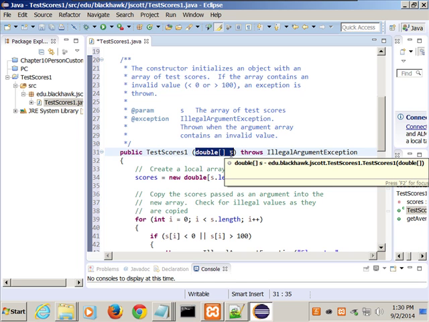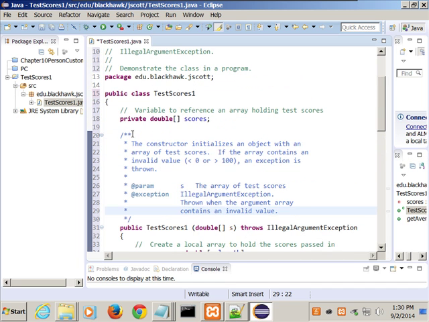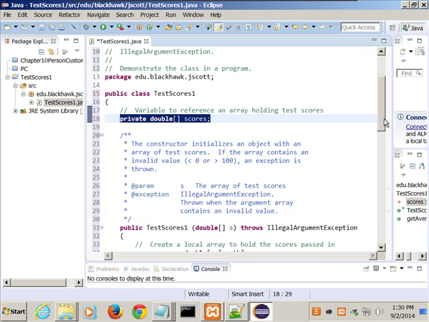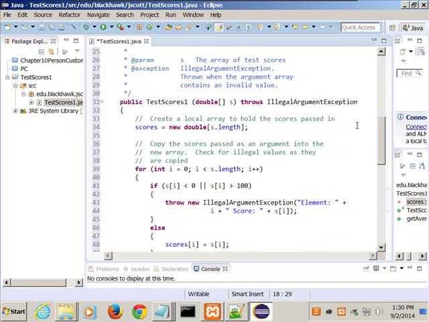Now, what I'm not covering here is I'm only covering the illegal argument exception. We're not covering things like number format exceptions, so I'm assuming that at least you're going to pass in numbers. Does that make sense? Also, to make it a little bit easier, I made that a double. You never know when somebody's going to pass in 88.3 or whatever. And if you make it ints and somebody does pass in something like that, it'll blow up on that too. So that's why I just made it all doubles.